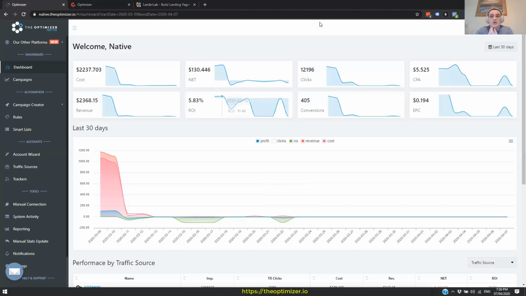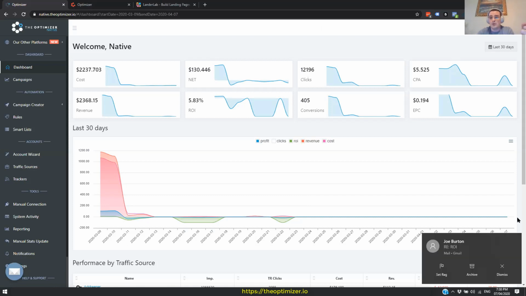So here we are on the Optimizer native platform, which is the one that takes care of all major native ad networks like Taboola, Outbrain, RevContent, MGID, AdSkipper, Volume DSP, Yahoo Gemini, Run Native, Active Revenue, and so on and so forth. So basically, you have all the main native ad networks all in one place, and you can manage everything from here simply by translating your day-to-day optimization strategies into automatic rules